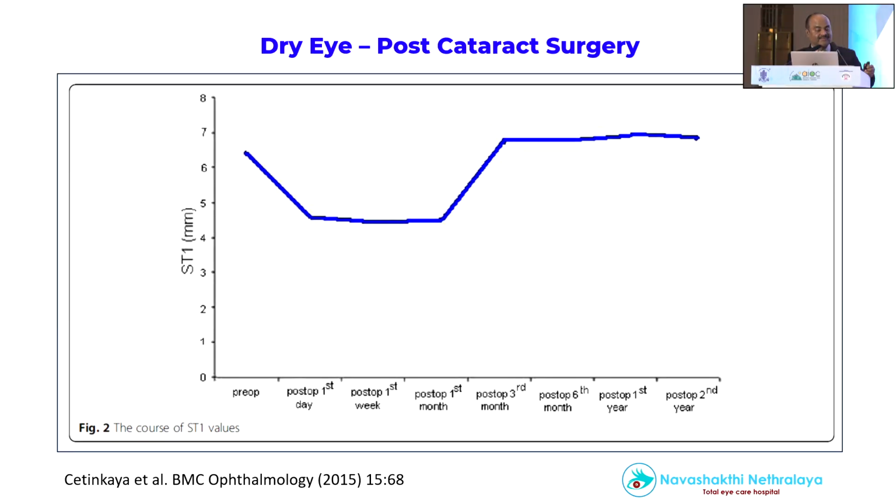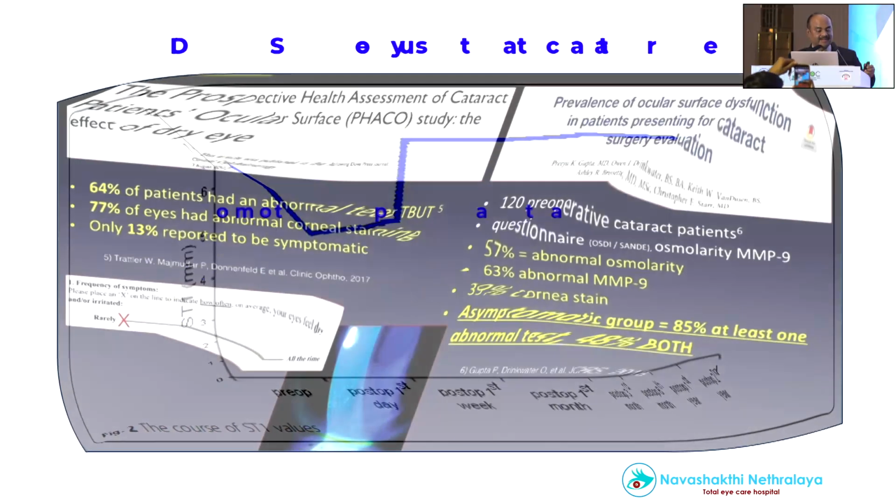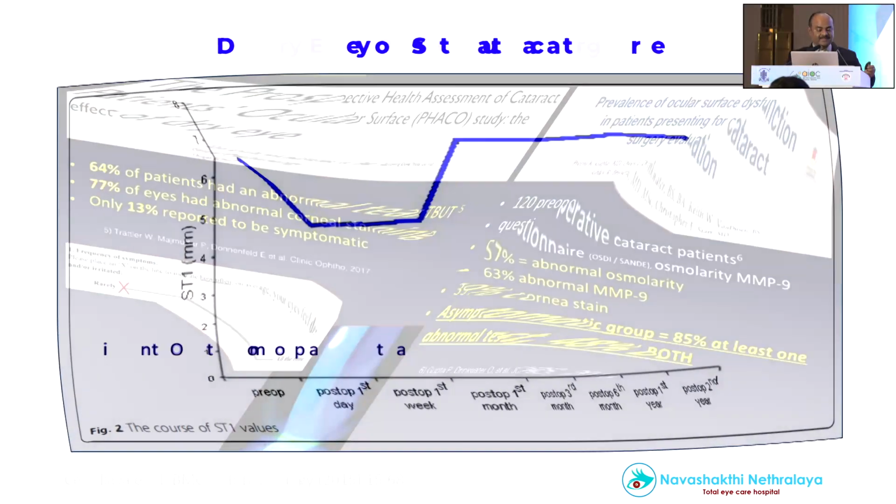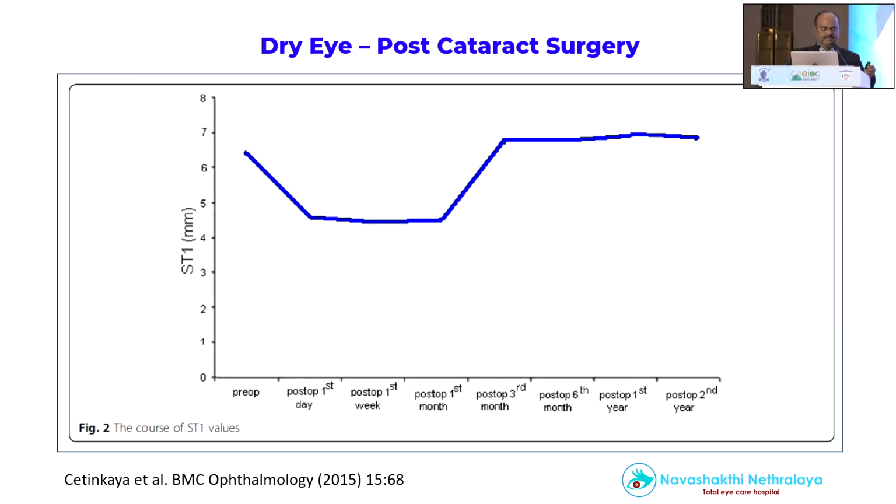At the outset, I'd like to thank the scientific committee for giving me this opportunity. Why should we bother? Twenty years back, we were not even discussing dry eye in cataract surgery. Now look at this study: dry eye can happen anytime, starts immediately after cataract surgery, peaks at around 1 week, stays for around 4 to 6 weeks, and then reduces. Why should we even bother about dry eye in such a situation is the question, but